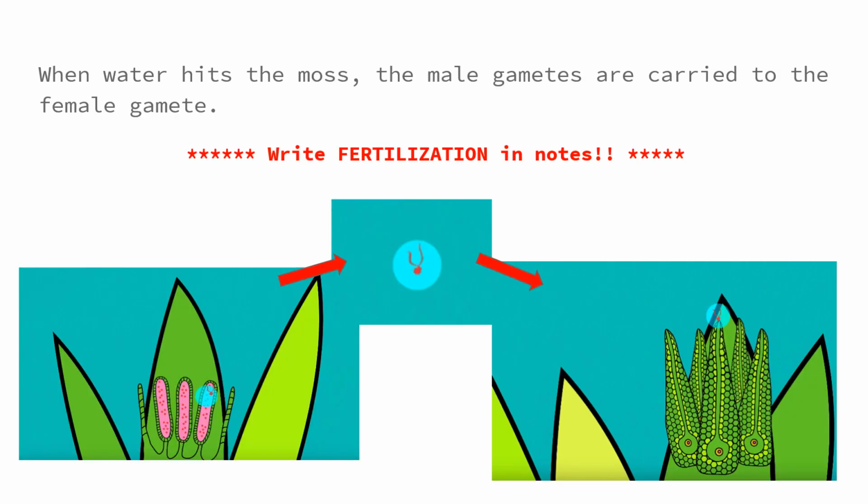Now, once these gametes are produced, the reason why mosses only grow in moist areas is this: in order for the male gamete to swim over to the female gamete, there has to be water present. In the last picture, you had the male stalk over here, the female stalk over here, and there's no way for the male gamete to get from here to the female gamete without something carrying it